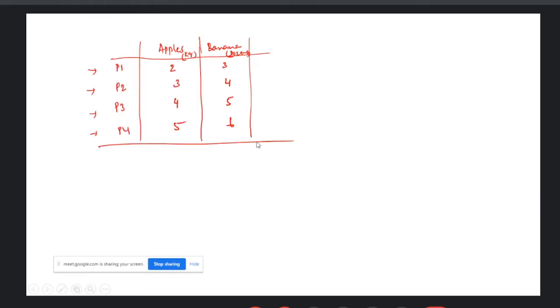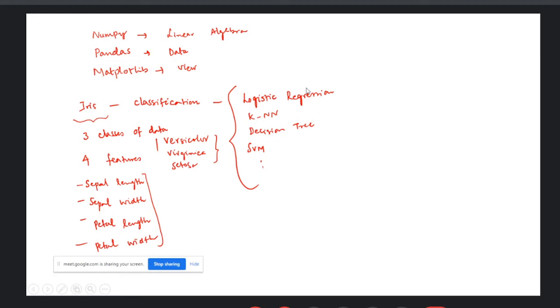So for any classifier you want to use, like we have listed some classifiers, the data we need to have in X and Y. X represents the actual data and Y represents the class labels. This is the feature data.